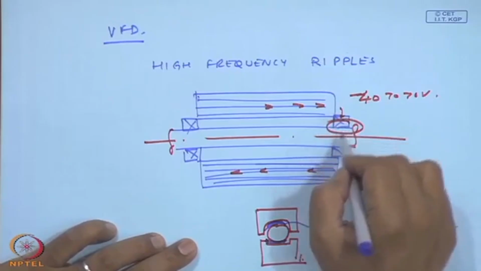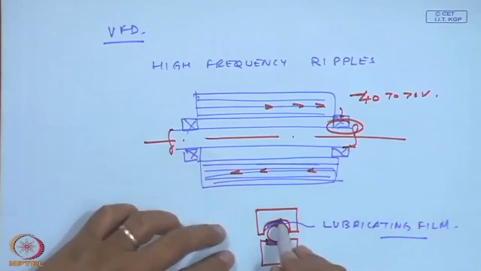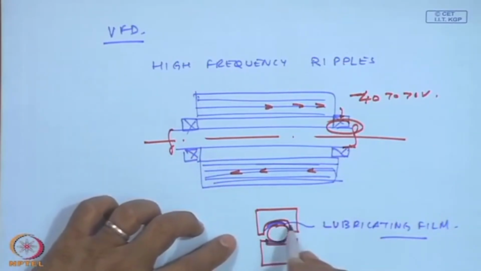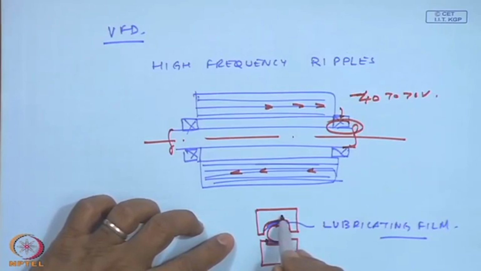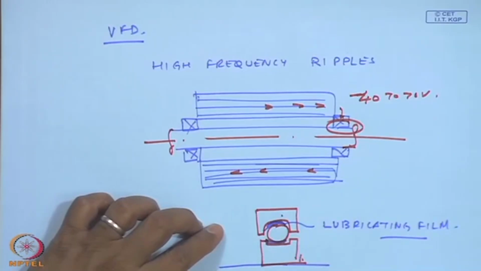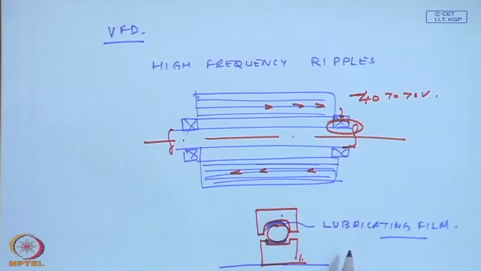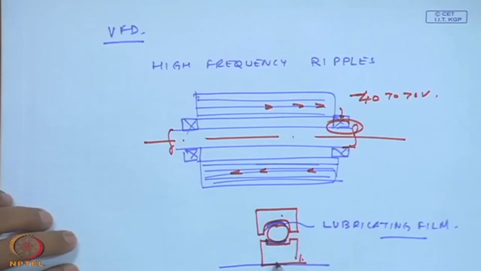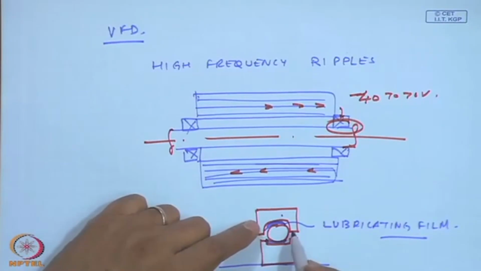So, each time the voltage increases, there is actually a spark across the outer race, which is attached to one end, and the inner race, which is attached to the shaft. The bearing shaft sits here. So, whenever this bearing is sitting, there will be sparking occurring between the bearing